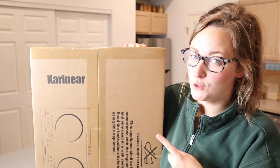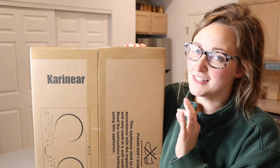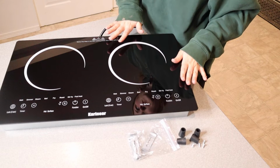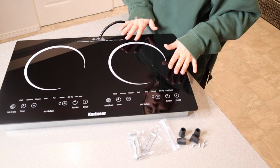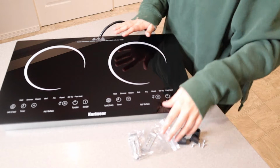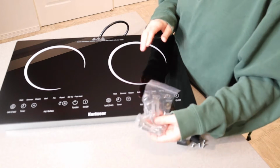Right here I have this 2-burner electric cooktop. This is the horizontal style. Let me go ahead and open this up and show you what it looks like. This is everything that came inside the box besides the user manual. We have the actual cooktop itself right here, and then we have the supplies to install this in your countertop